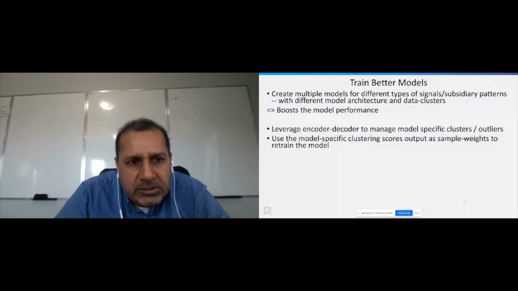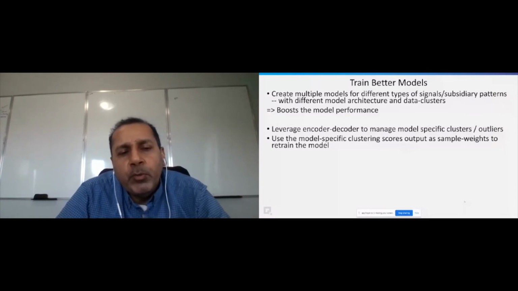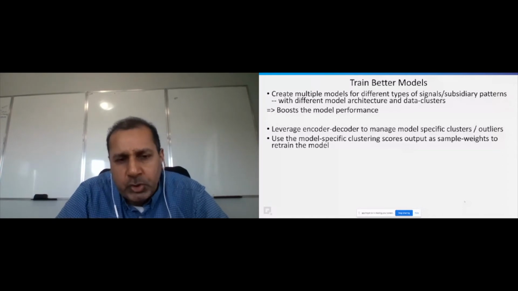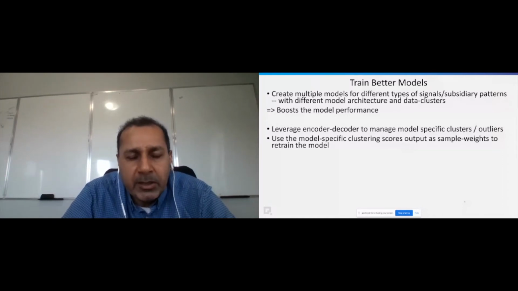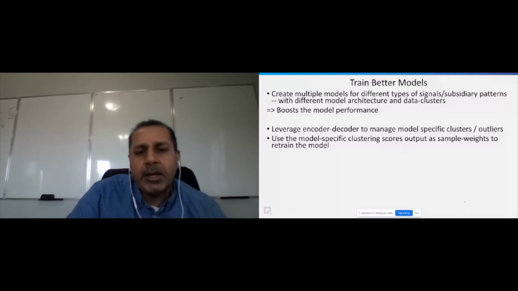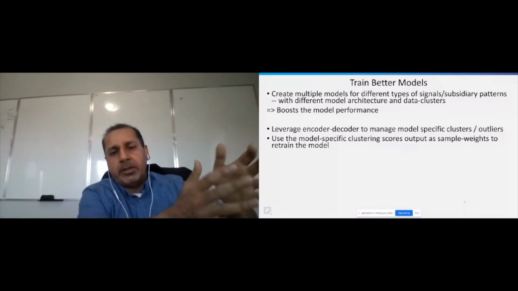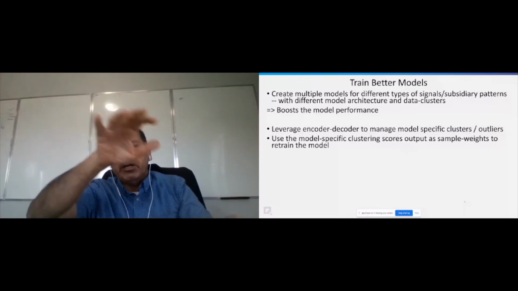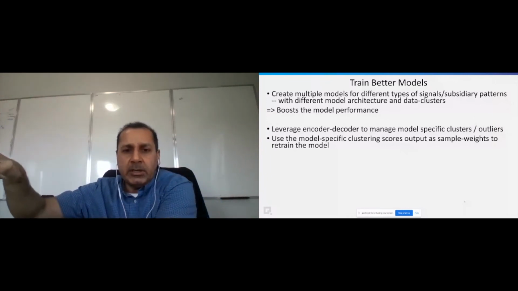This significantly improves your model resilience. And again, we'll show some results to talk about that in a little bit. Maybe I can just jump to some of those slides and come back. Needless to say, this still assumes that as you dismember a monolithic model into multiple parts, creating multi-stage